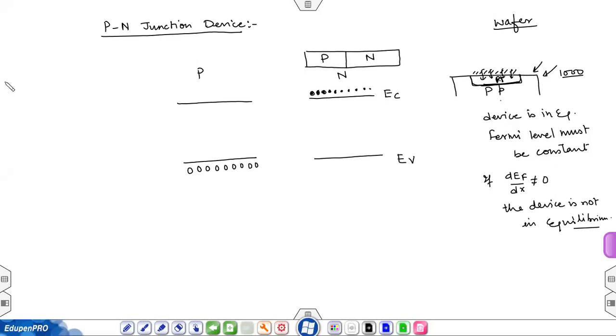And in electronics, whenever there is a movement of electrons and holes because of the concentration gradient, we call that phenomenon a diffusion phenomenon. And if the electron and hole movement is because of an electric field, wherever, if there is a movement of electrons and holes due to an electric field, we call it a drift phenomenon.